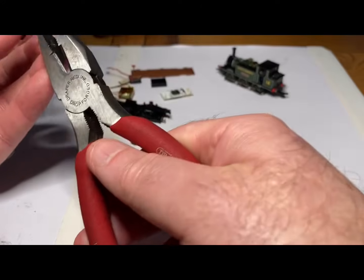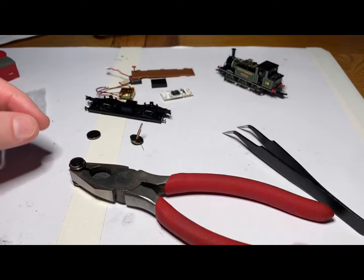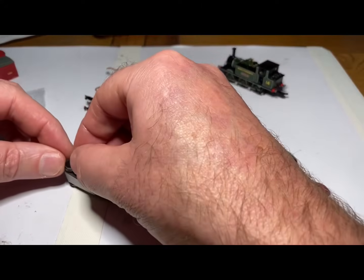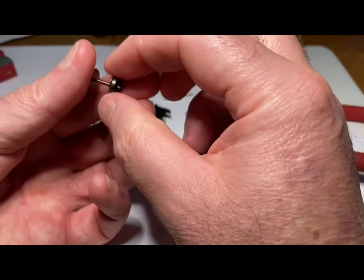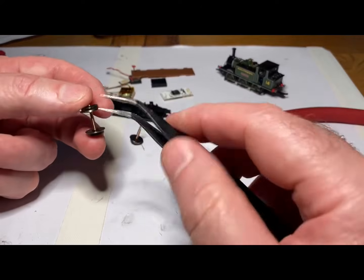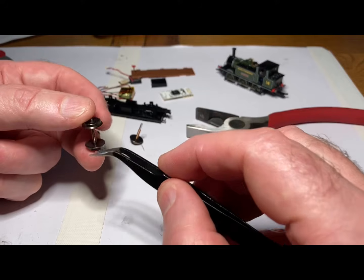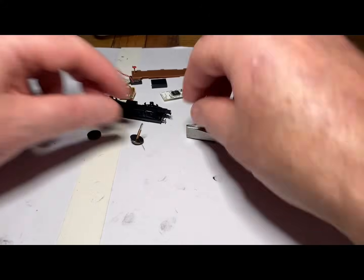Right, what I'm going to do is use my pliers to set the gauge, because I know that these are correct. Just make that level, and then all you need to do is push down. When you put the pliers in there, don't squash them so that you crush this, and be aware that you don't have it sitting on the, you need to leave a gap where the little plastic bushing is there, otherwise it's going to make it too wide a gauge. So just to show one more time,